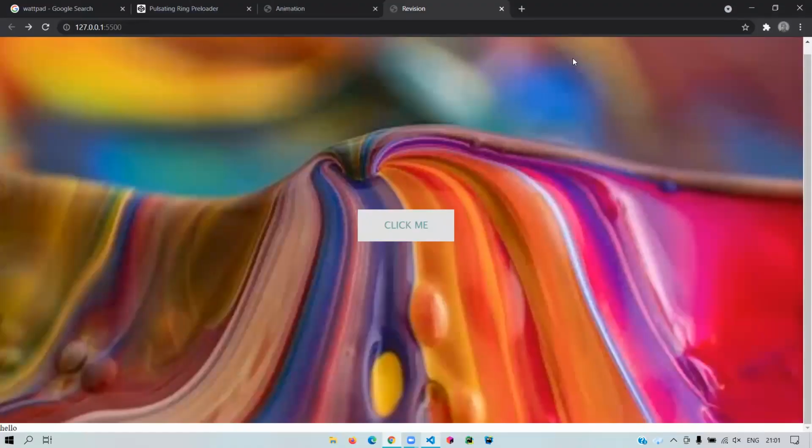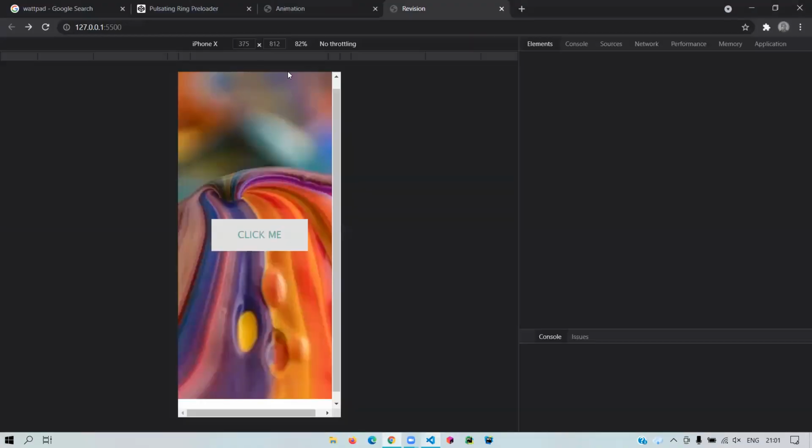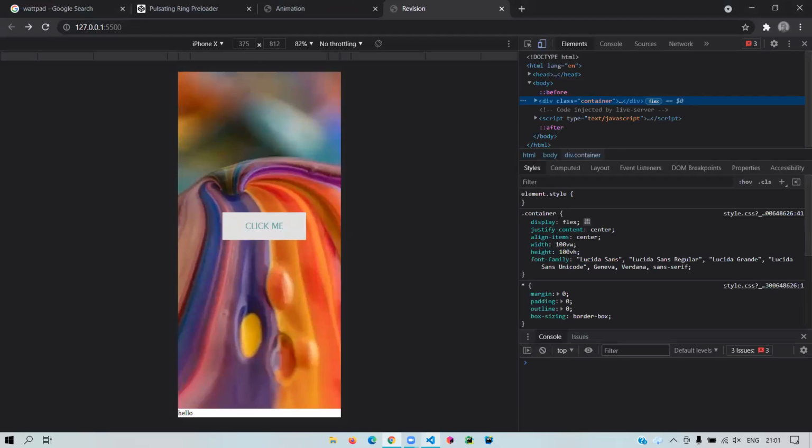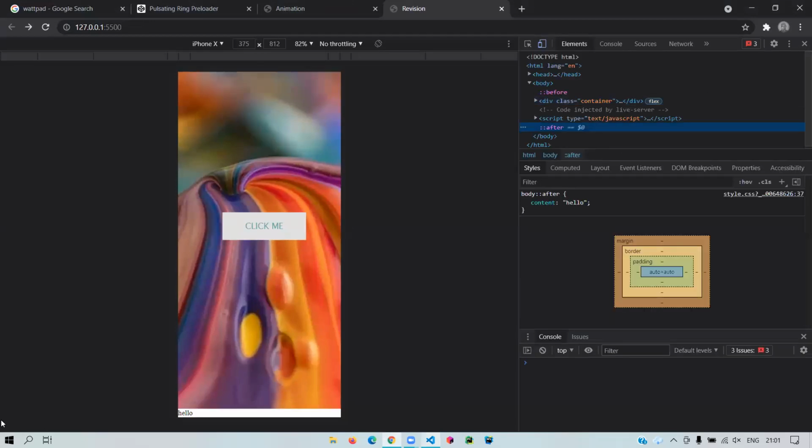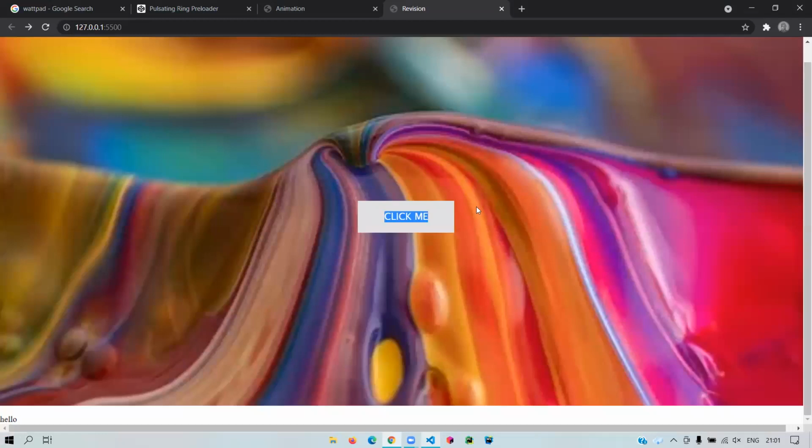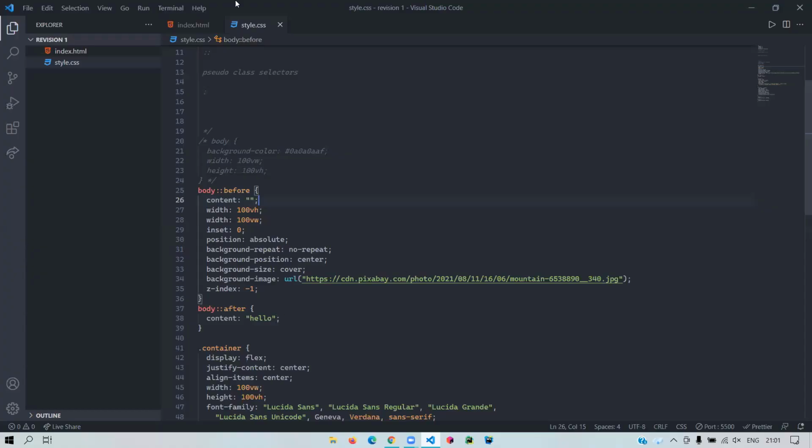Now, if I try to select it, you will see this, right? And just try selecting this. Like I can select this, right? I can do this, but I can't do the same for this one. This is because it's not really an element. It's a string over here, which I have injected using this property, content. That's why I cannot select it.